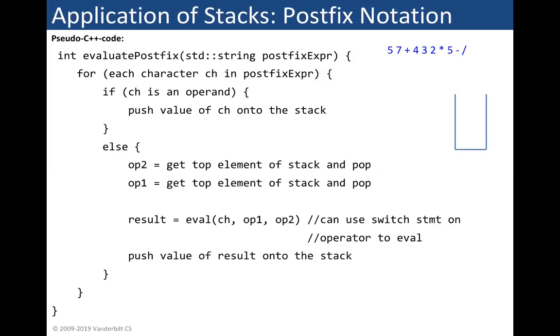I want you to pause the video, and I want you to think about what's wrong with it, because there is something wrong with it. It's not major. Won't stop us from using it as an example, but pause the video and think about what is wrong with it and restart when you're ready. So what is wrong with this postfix expression is it has